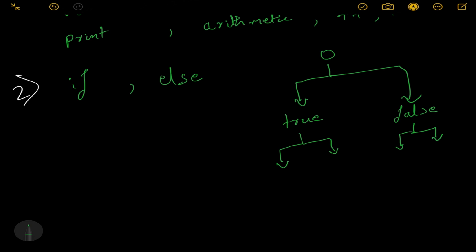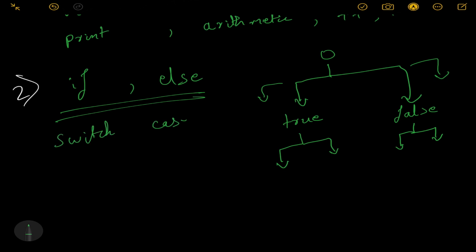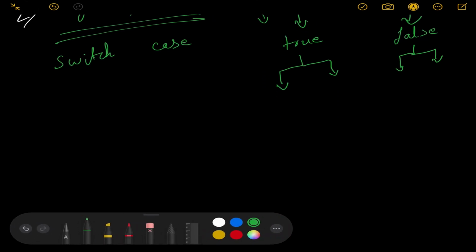Whenever you see code, you should know how the flow goes based on the conditional statement, whether it's true or false, and how it is following. So basically your concept of conditional statements like if else, and also one good example, switch case, should be very clear. That is your second concept that should be very clear to get started with any language.